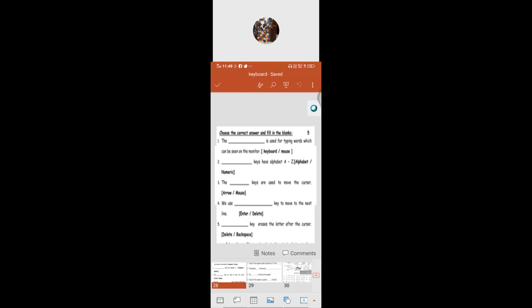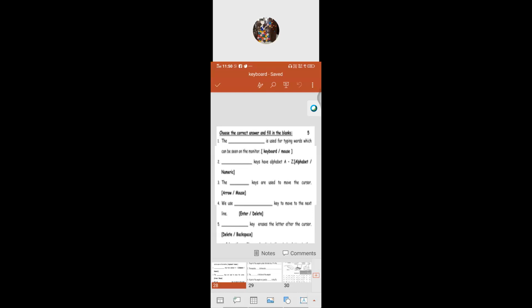The next one, Meenaja. The blank key erases the letter after the cursor. Backspace. After the cursor. Delete. Which one exactly comes? Delete or backspace?